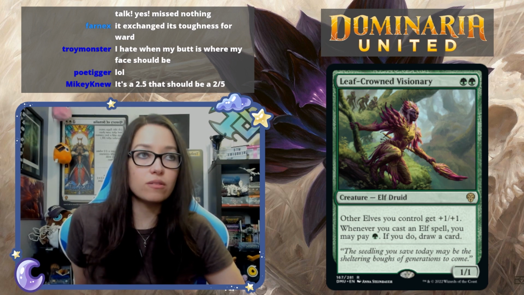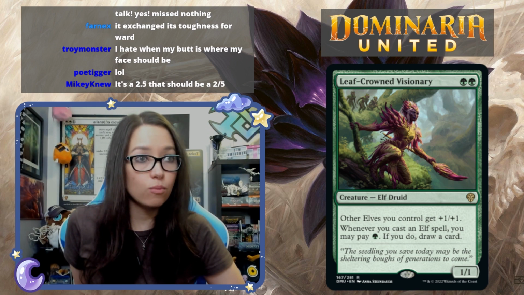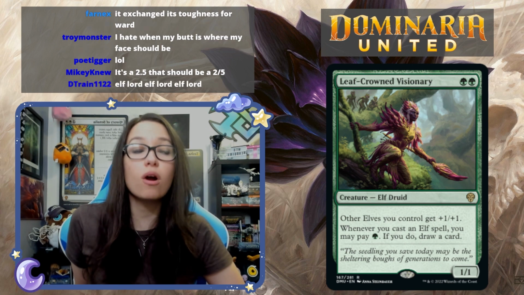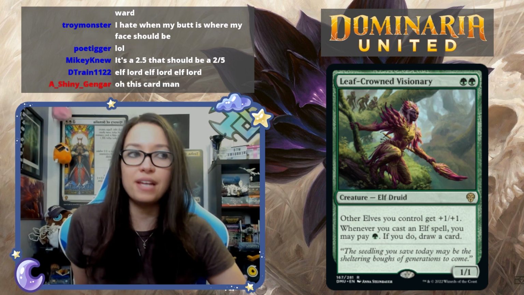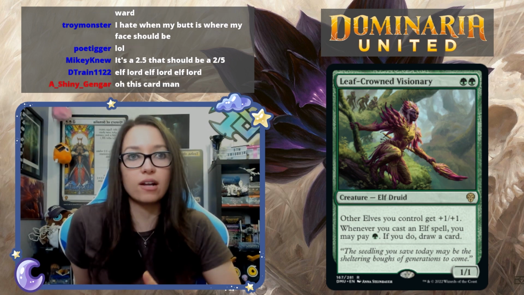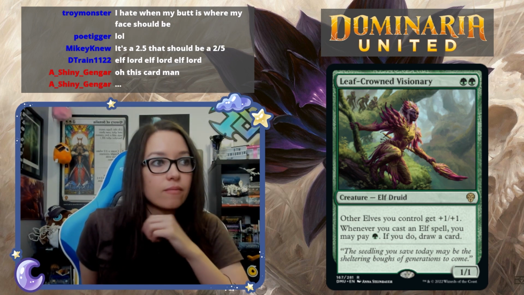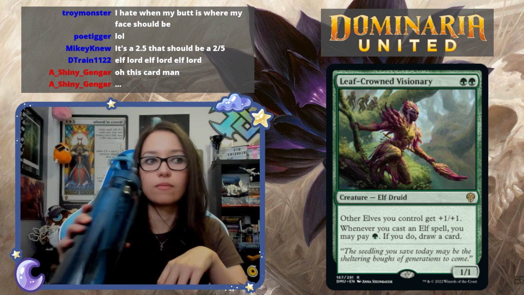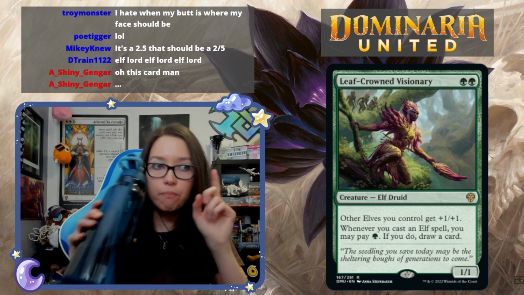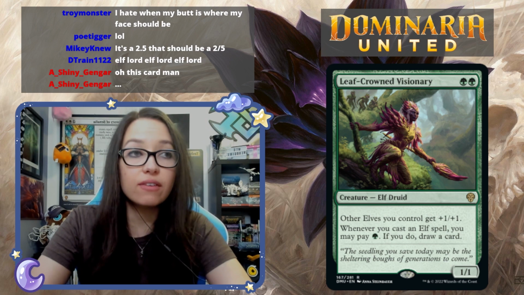We have our Elf Lord here. Green and green, other elves get +1/+1, and elf spells: whenever you cast an elf, you may pay 1. If you do, draw a card. I like this Lord ability on the draw, which is really nice. But how many elves are actually in the set? Is it like 2 or 3, like all the other damn things? There are more elves. There are a ton. There are 6 other elves in green. Fantastic. It makes me feel better about this card already. I am going to give it a...